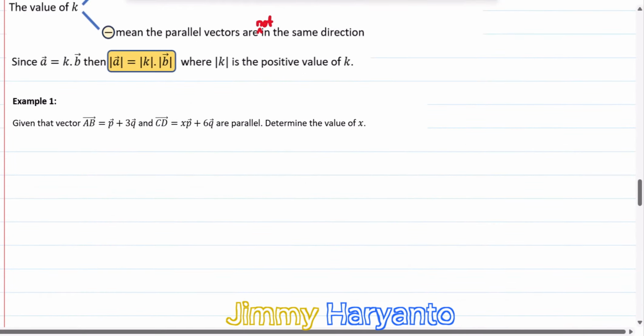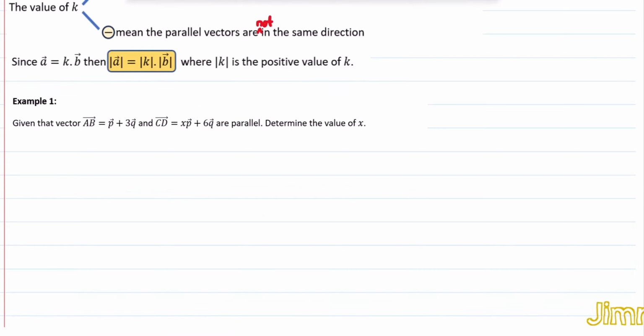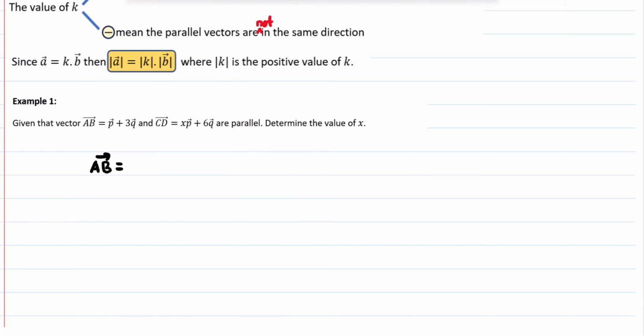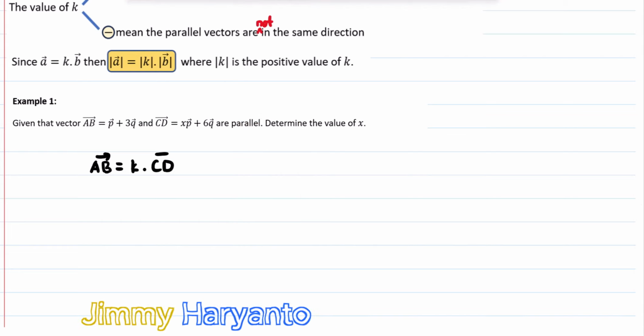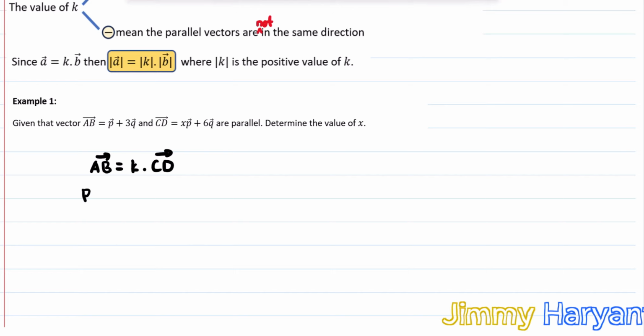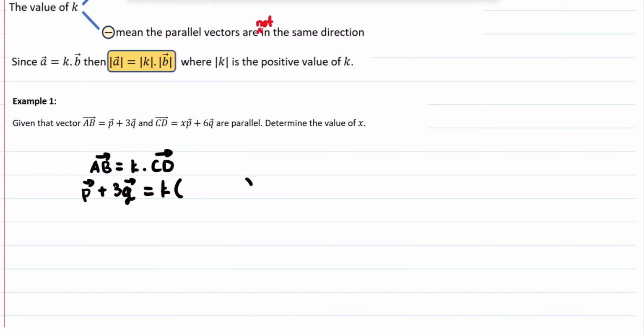Example 1. Given that AB equals P plus 3Q, and CD equals XP plus 6Q are parallel. The question says AB and CD are parallel. You already read parallels, right? So you only have to generate the formula like this: AB equals K times CD, and then you calculate it just like algebra. You input the AB, P plus 3Q, and then K, open brackets, the CD, XP plus 6Q,